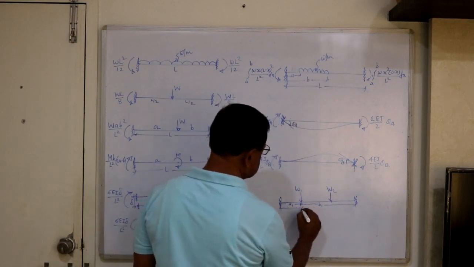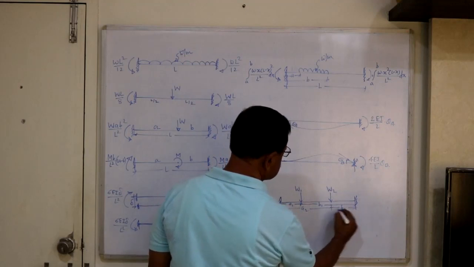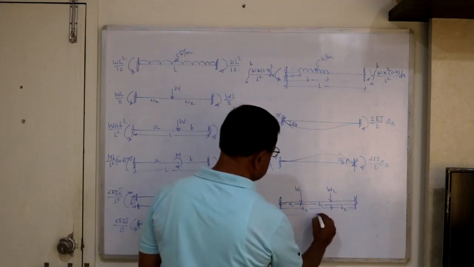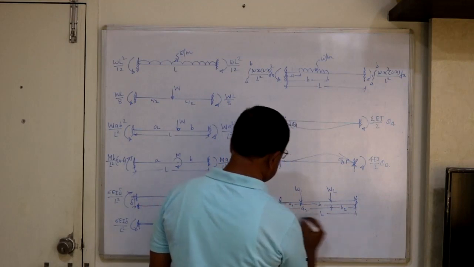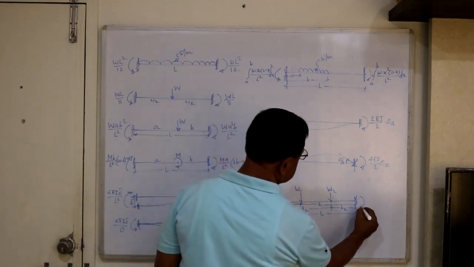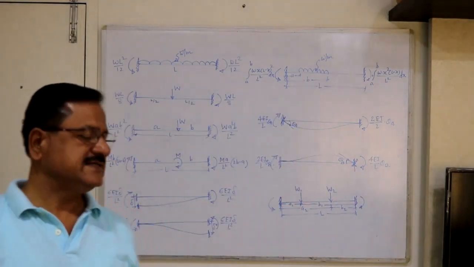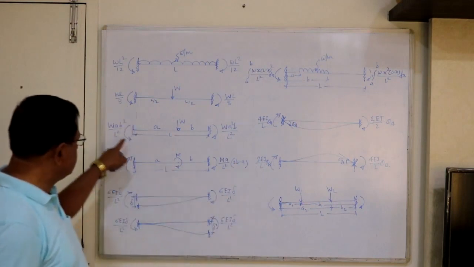Similarly, this is A2 and the remaining is B2 for the second, and total span is L. Then here you will get anti-clockwise, and this side you will get clockwise. So the effect of each load is taken independently, and this formula